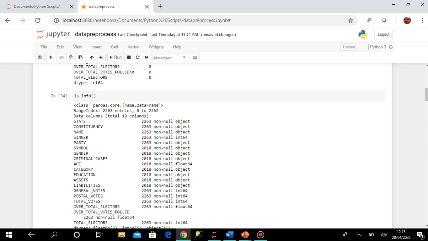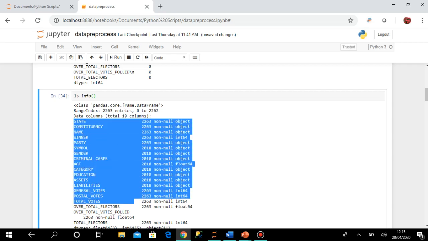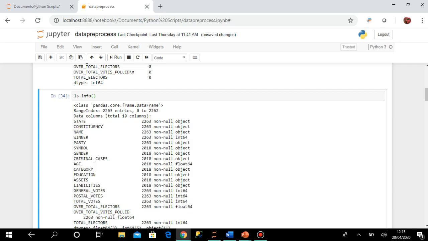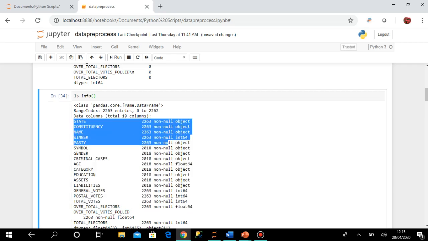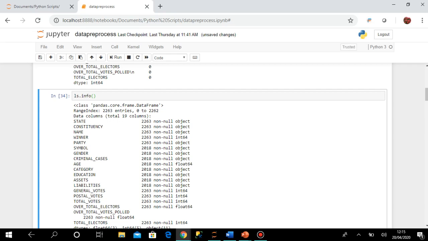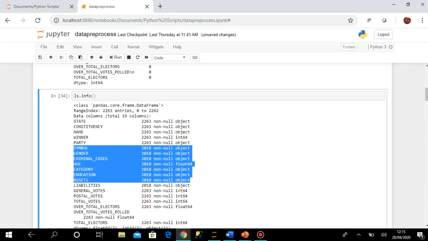You can see that there are a total of 2263 entries, there are 19 columns, and these are the names of the columns, and these many not null values they contain. These 5 columns contain all the 2263 not null values, and these columns contain only 2018 not null values. So for the rest of the records, these columns contain null values.